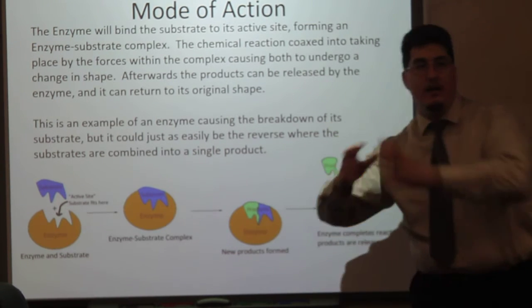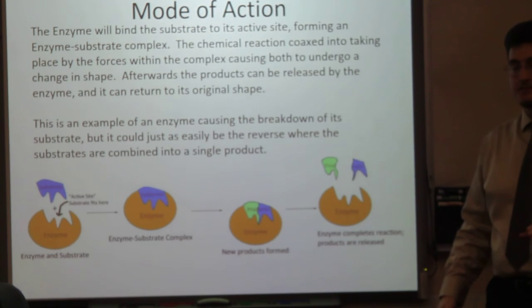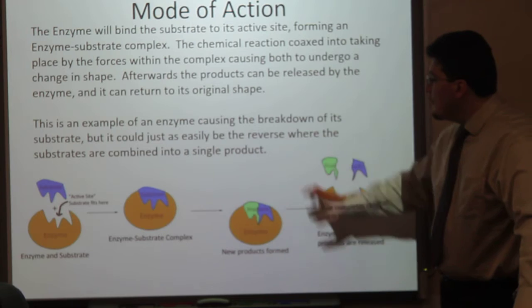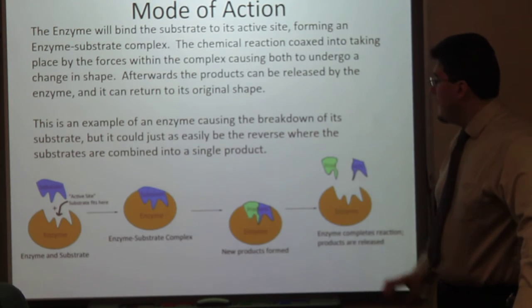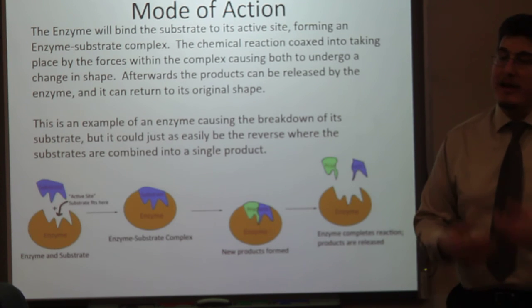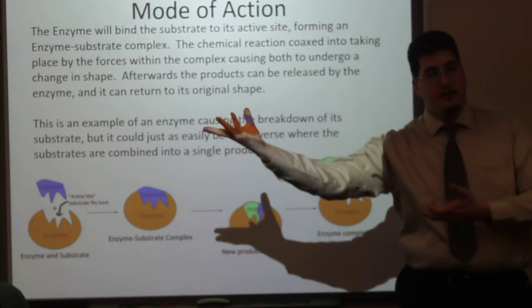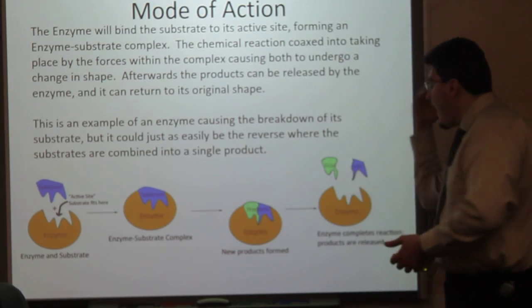So twisting of these substrates into the perfect position forms our new product. Now that our product is formed, it's no longer the substrate. We have different intermolecular forces. And now it will be ejected. And now the enzyme